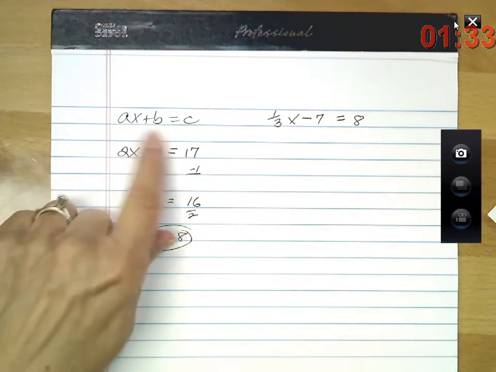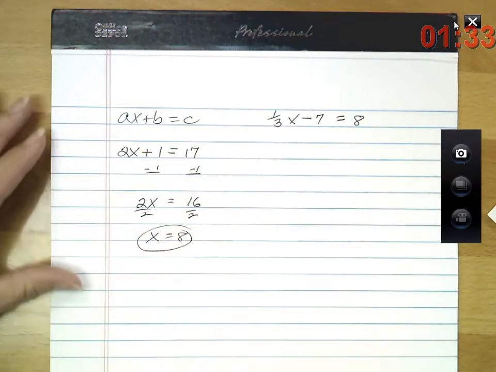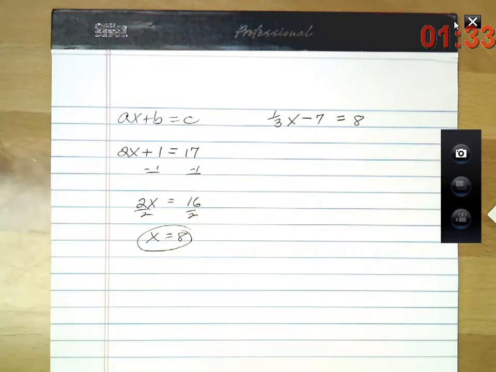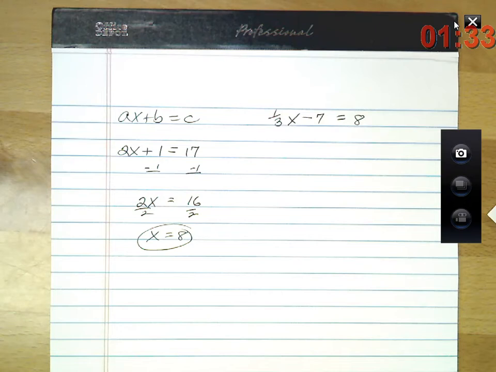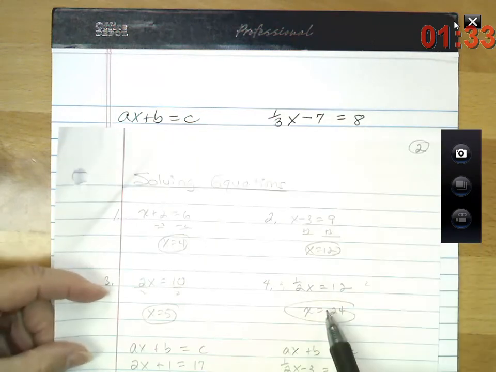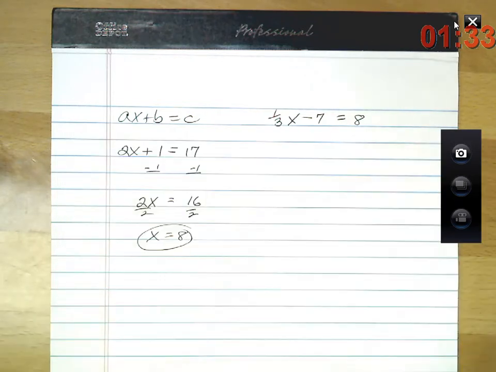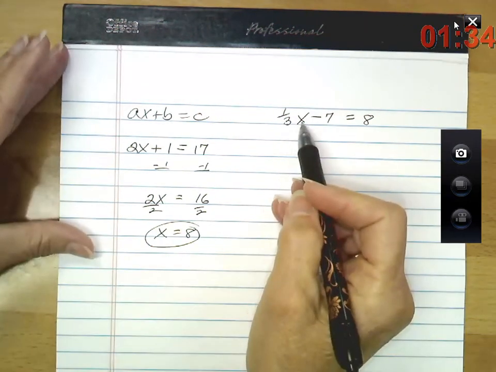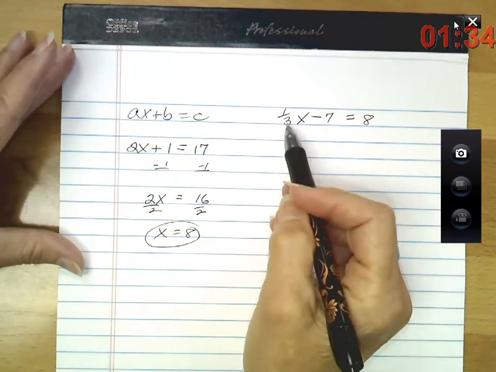It's still the same type as this, except you have a fraction and you have a minus 7. So that one is using this equation and that one and putting them together. Okay, now, this one is attached to this x, so we don't bother it yet, but we're going to